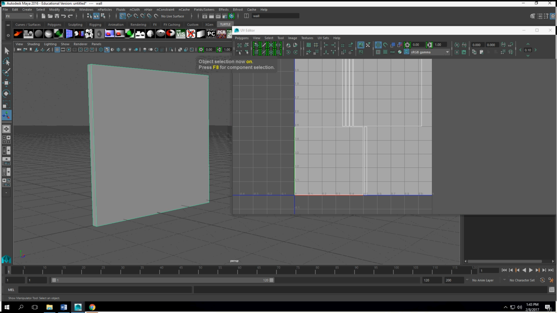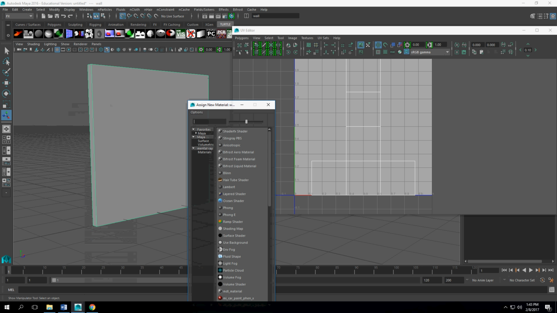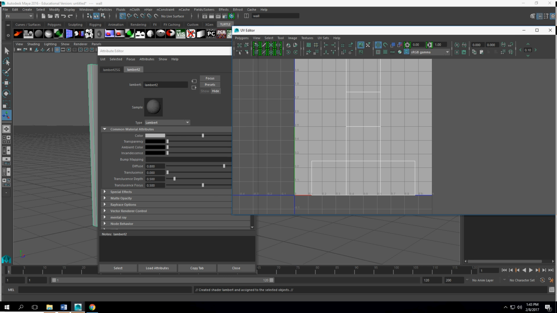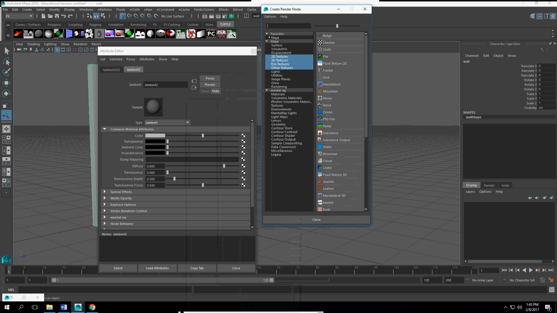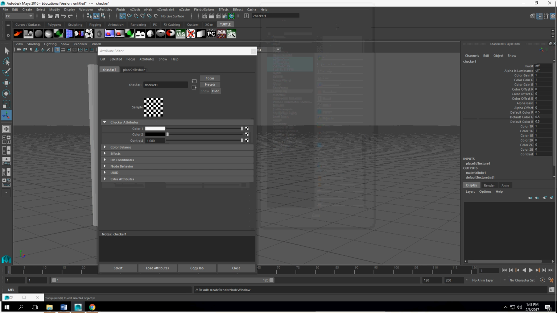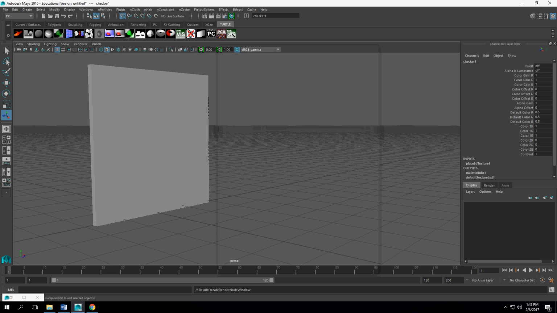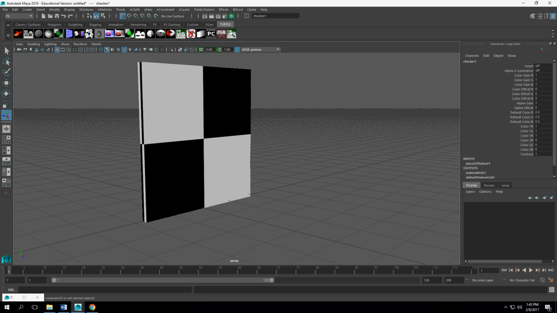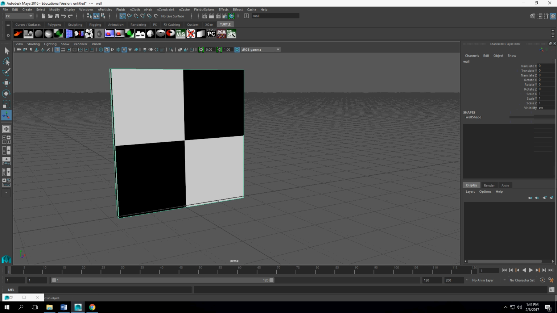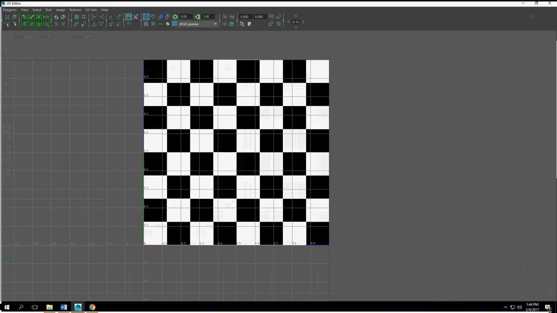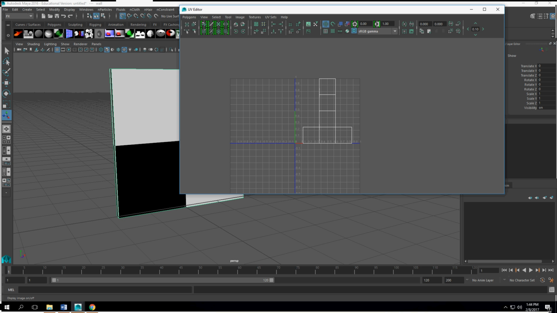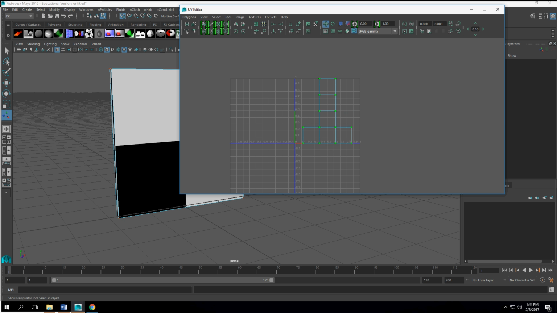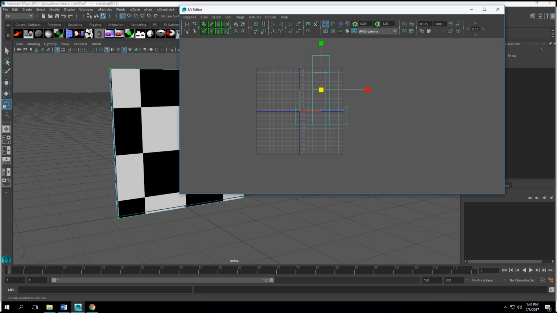Now here, to better explain, I'm going to right click, assign new material. I'm going to pick a Lambert. I'm going to click on this button right here, which is create render node, and I'm going to assign a checker. If I hit my 6 key, that shows my textures. This is my UV editor. And what I'm going to do is turn the picture off, and I'm going to take this and scale it